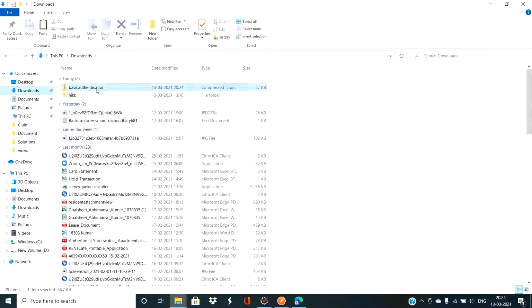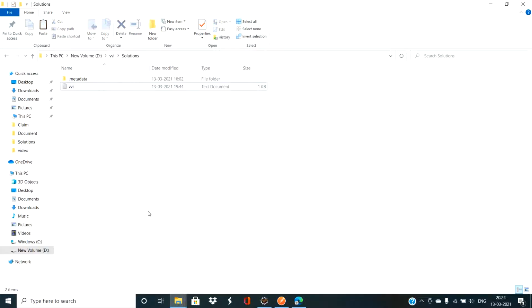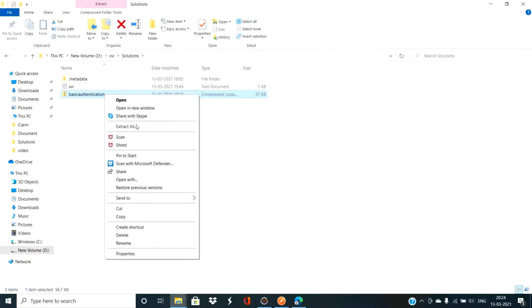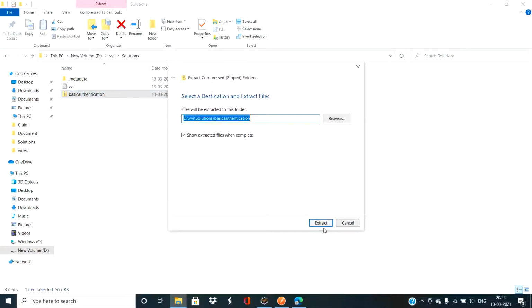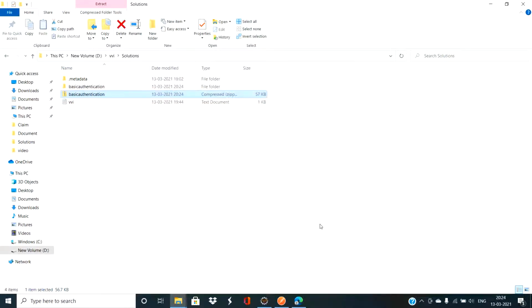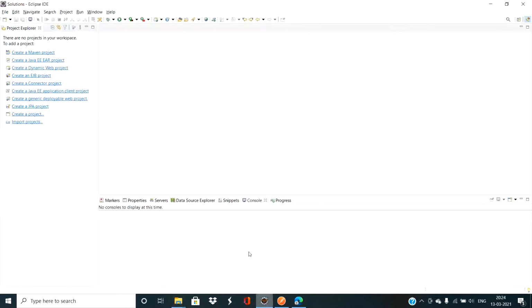Let me download and extract it. Okay, it's done. Now I'm using Eclipse as an IDE tool, so I'll simply import the project.